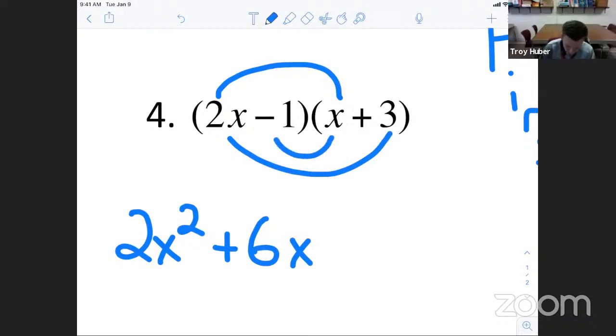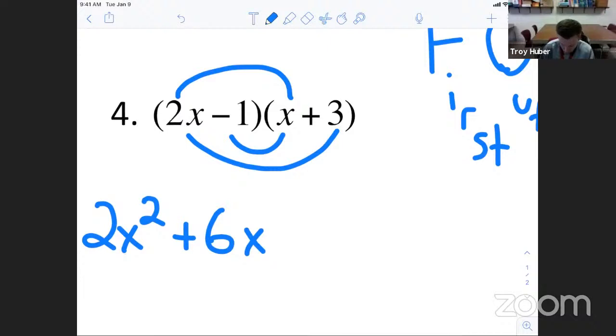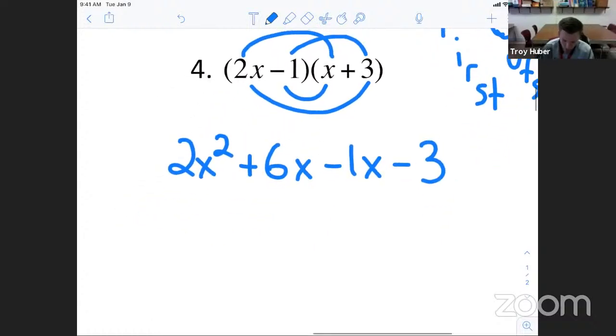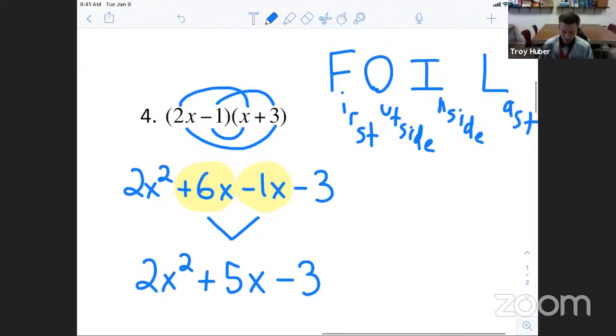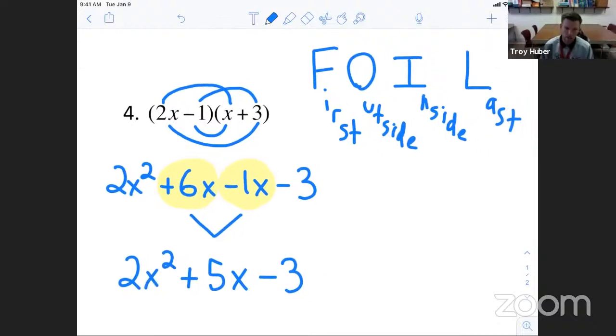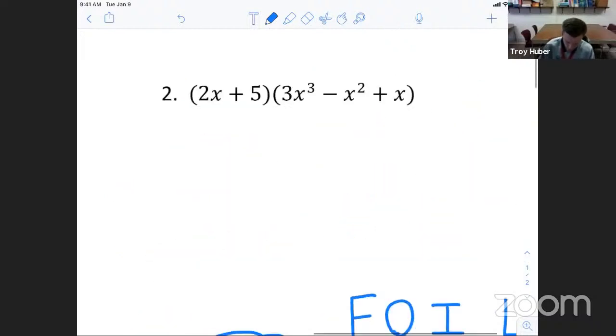And we want the inside. -1 times 1x would just be -1x. And then we want your last 2 terms. So -1 times 3 would be -3. Watch out, you're almost done, but we can combine this positive 6x and this -1x. So we would have 2x squared plus 5x minus 3. And that would be our final answer. So in this one, you can see each of those terms got multiplied by the other polynomial's terms. Now if we go back up